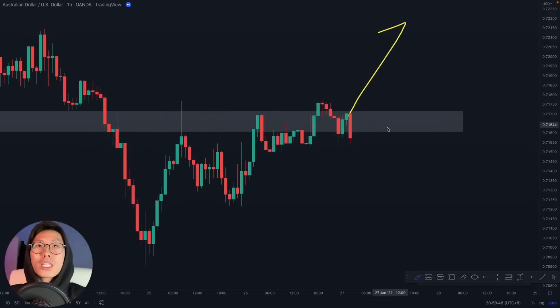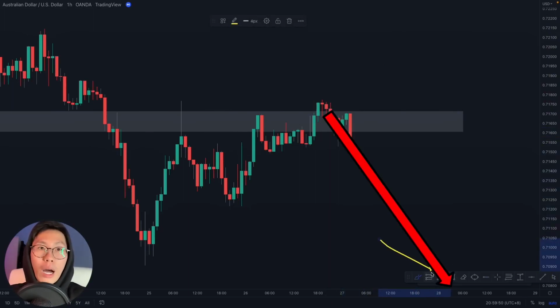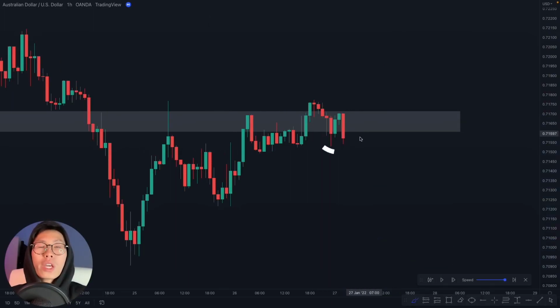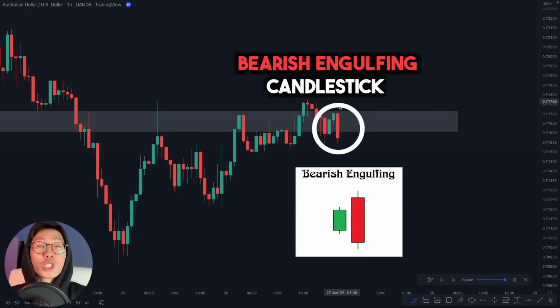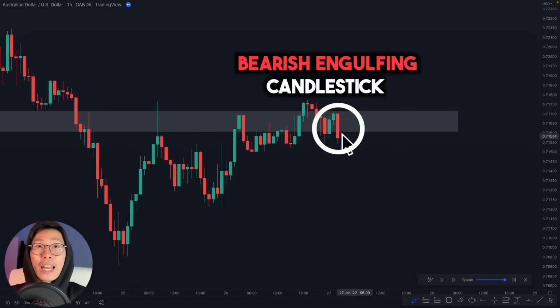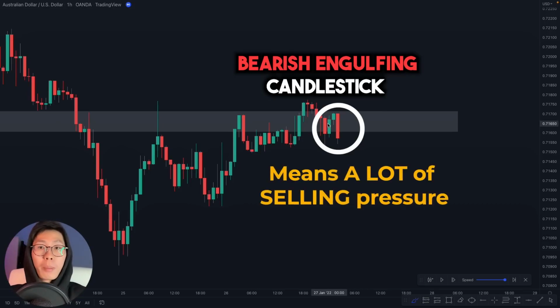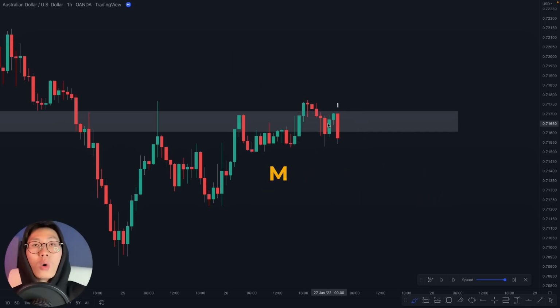The third time price failed to break past this and went back down, right? That means price is about to collapse. Right now over here, we saw that price gave us a bearish engulfing candlestick at this key level. That means price is just rejecting this level, and this shows us that there is a lot of selling pressure because you see this big fat red candlestick, which basically tells us that there's a lot of sellers in this market. So this is where I will enter for a sell position right now,